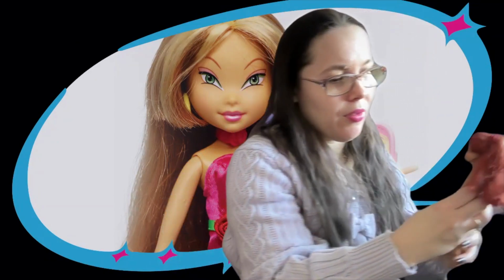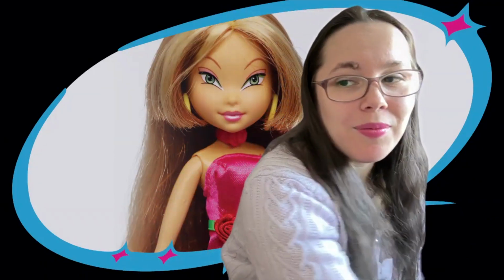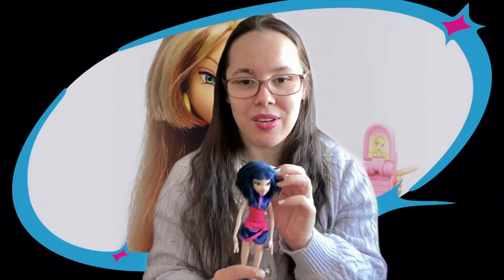My first doll of the line was Bloom. The color of her outfit has completely faded. And my second doll from this line was Musa. Now, I love this Musa. I love what they did with her hair. There's never a canonical moment where Musa has her hair down when it's short, so I think it's so cool